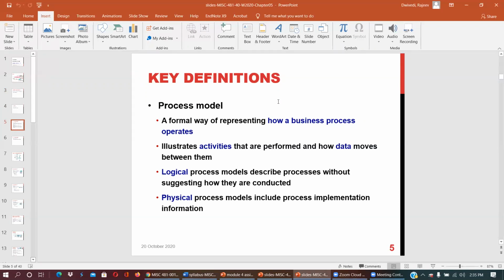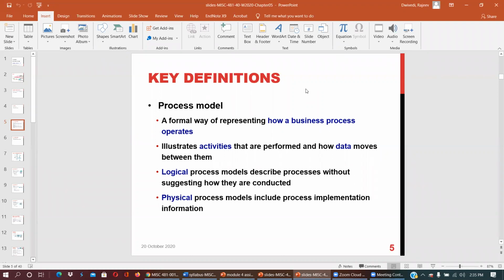So what is the key definition? What is a process model? A process model represents how any business process operates. It illustrates the activities that are performed and how data moves between those processes and activities. A logical process model describes a process without suggesting how it is conducted.